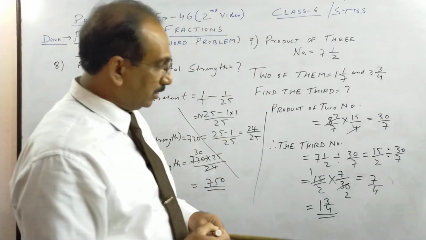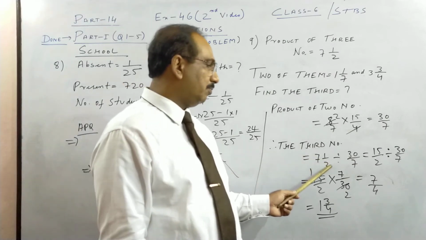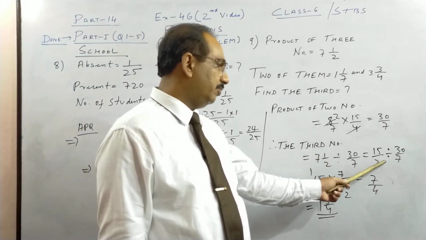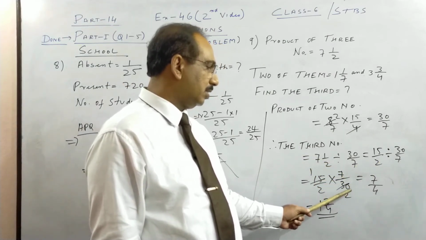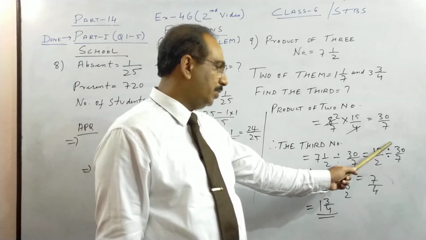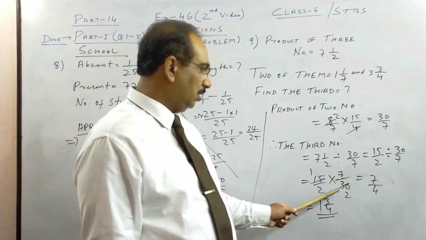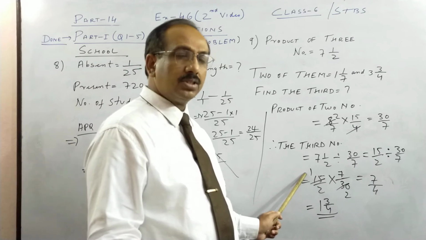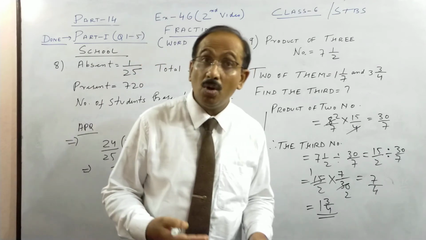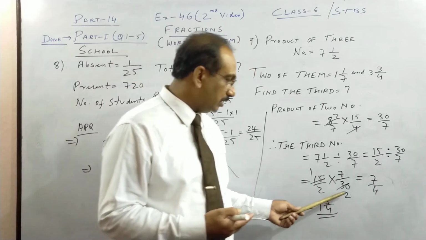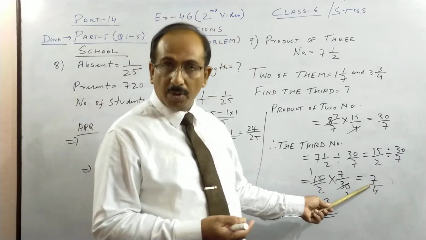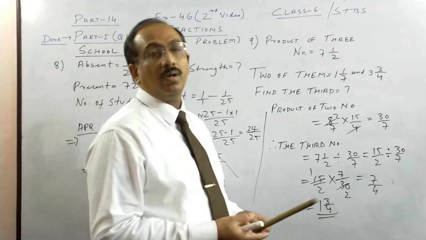So once more I'll tell you, the product of 3 numbers divided by the product of 2 numbers, when division becomes multiplication, the denominator goes up, the numerator comes down, whatever can be cancelled. This is what we call reducing to lowest terms. So we reduce them to lowest terms, you get an improper fraction, convert it to a mixed fraction.